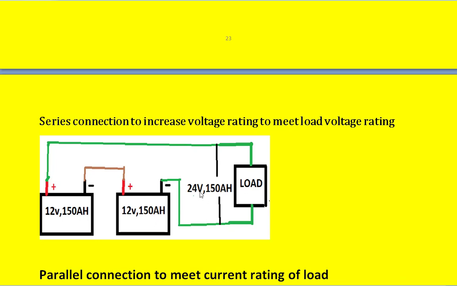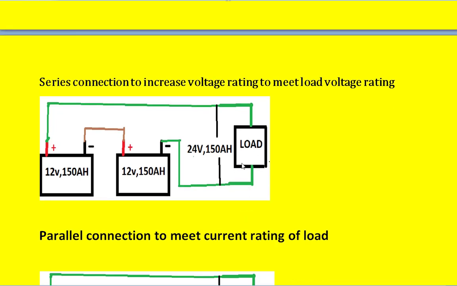So you can connect a load which can take a current less than 150 ampere hours. Similarly, its voltage rating can be 24 volts, and this is used to get the higher voltage